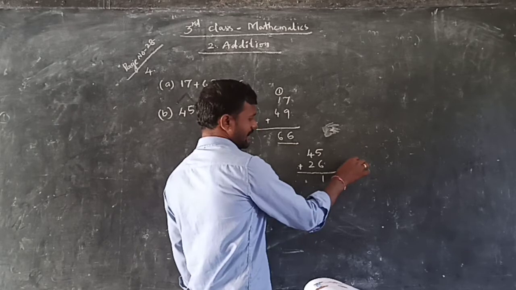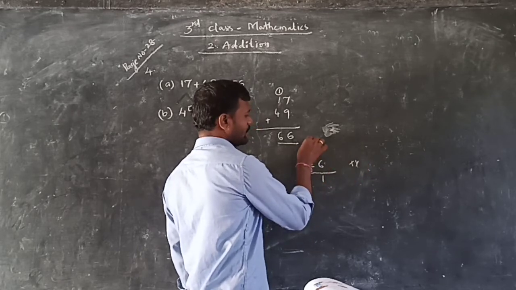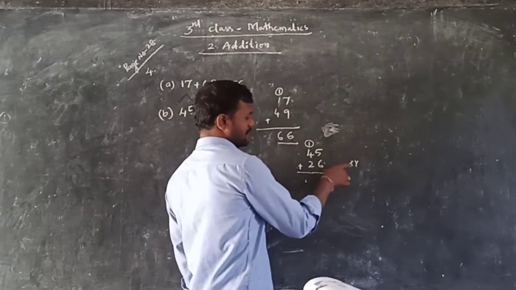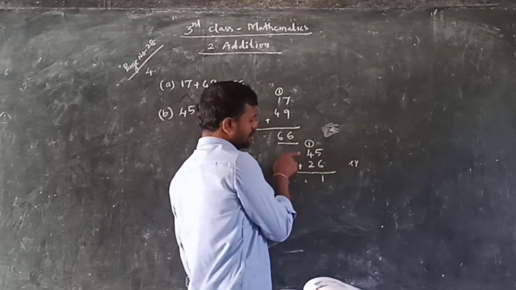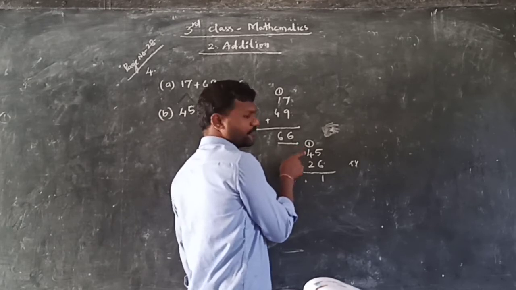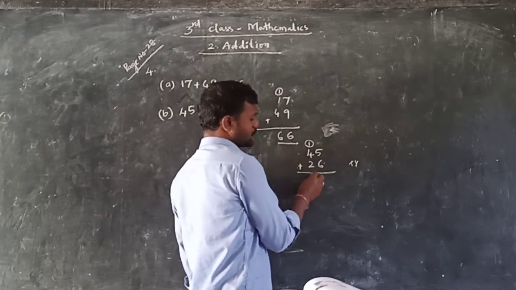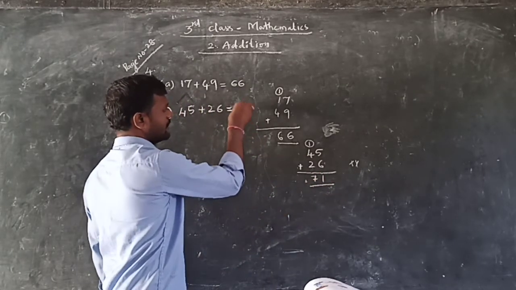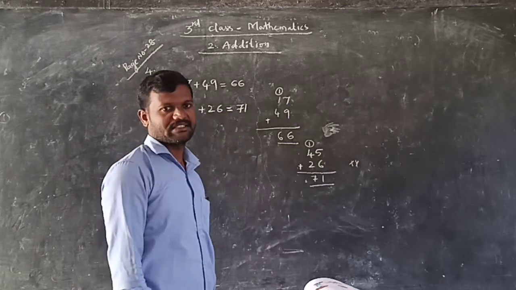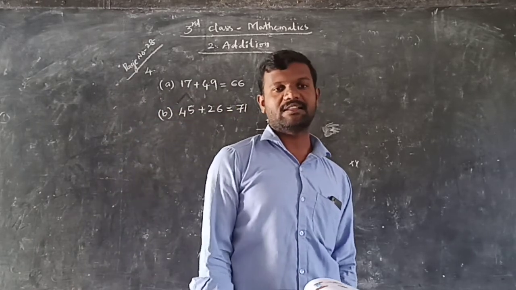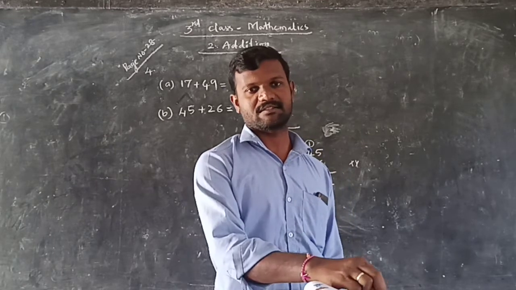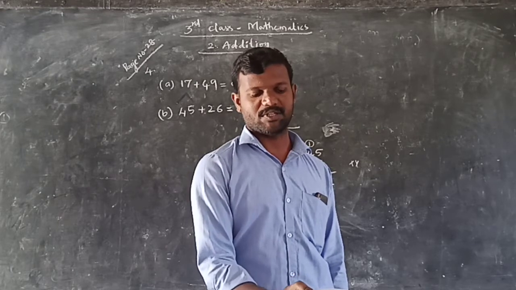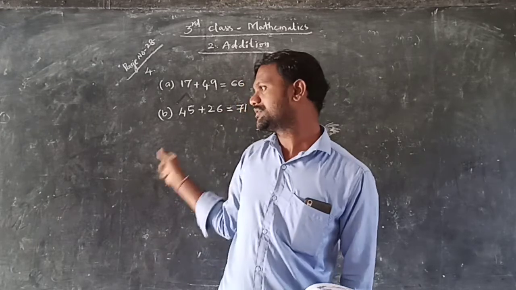Write 1 here, and another one is carried. Carried means upon 4 you should write. The first number you write here and the second number you write at the top of this. Then 1 plus 4. 1 plus 4 how much? 5. 5 plus 2, 7. So what is the answer we are getting? 71 is the answer. In this way, solve the problems which are in the fourth bit of first exercise. Exercise 2.1, fourth bit problems are there in page number 28. Solve them by using this kind of method.